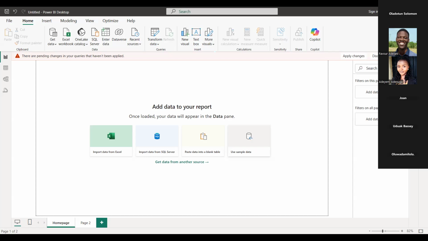And if care is not taken, the user or the organization that is going to leverage your data will make wrong decisions based on the insights that we provide. So that's why data cleaning and data transformation is very, very important.